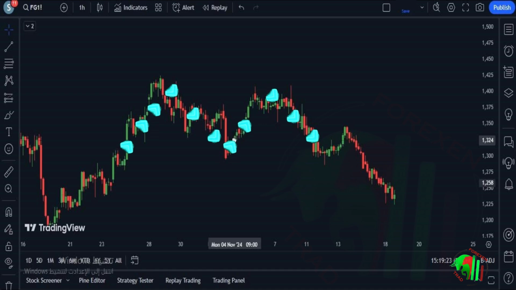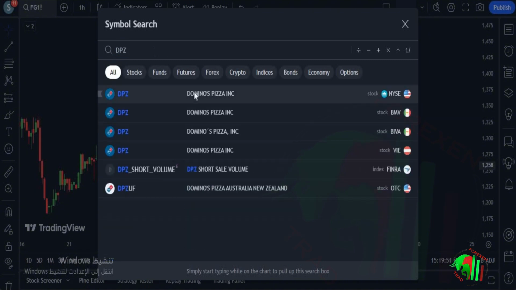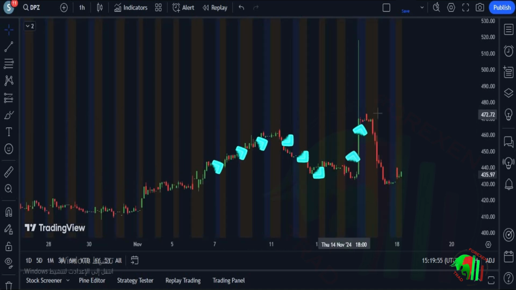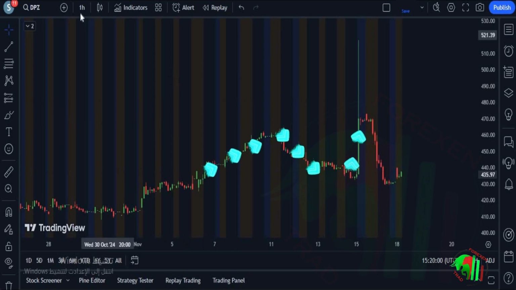As you can see, this movement is sideways. Our task now is to identify whether the trend is moving up or down. We want to trade in a clear direction. This is a sideways movement, so we won't trade on this chart. We'll continue by looking for a stock or currency. As you can see, the trend is choppy, so we won't trade on this chart. We'll keep searching until we find the right chart.